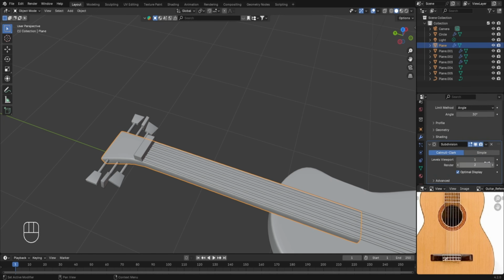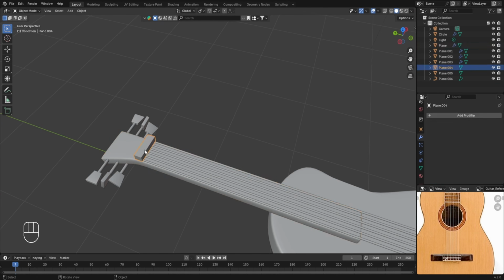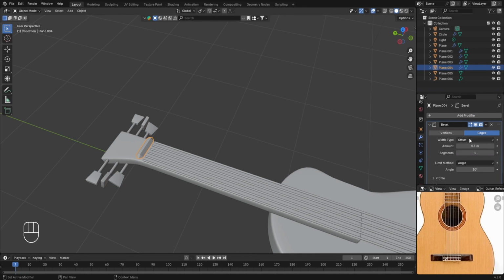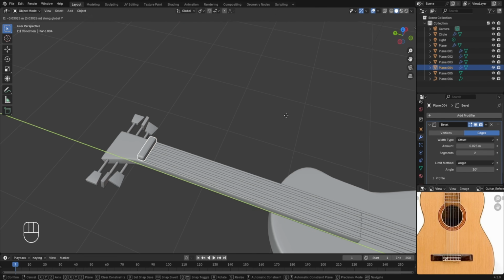Let's scroll down, and in the levels viewport, we'll enter the value equal to 2. Now just like this, we'll select this nut of the guitar, then go to the modify properties, click on add modifier, and in the generate, select the bevel modifier. Then we'll increase the number of segments to 2, and we'll reduce the amount to a value of around 0.02 meters. Also, let's move it slightly ahead in the y-axis in order to make sure that it is connecting with